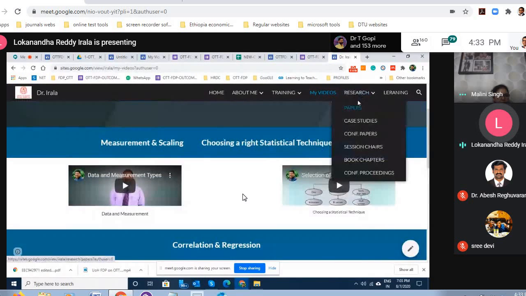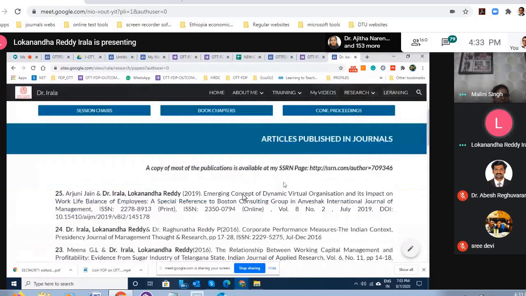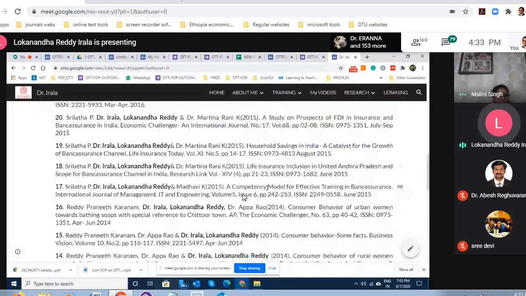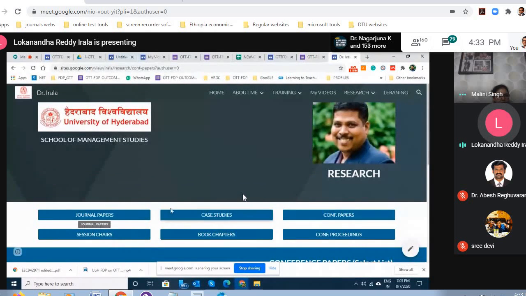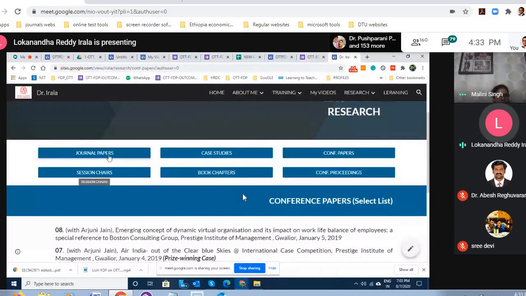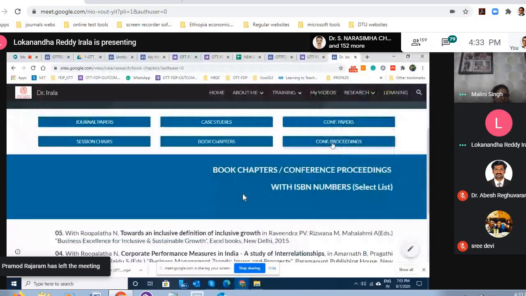Similarly, you can go to my research. My research has been divided into so many things: the papers, case studies. Each one of them is a page here. Now you can see this as an example site of how you can build it. Within that research, these links have been made. If you are on my research main page, these are all my sub pages for research. So you can navigate through all these sub pages.